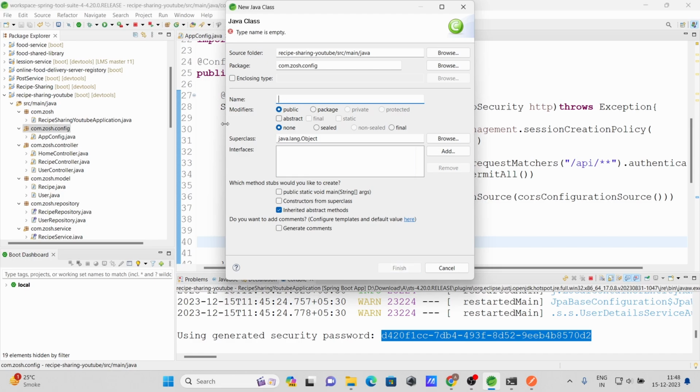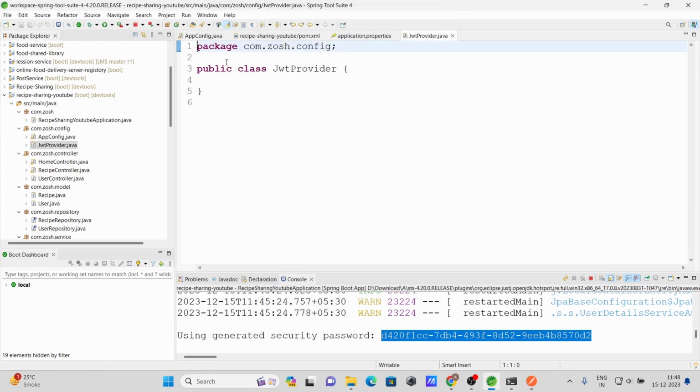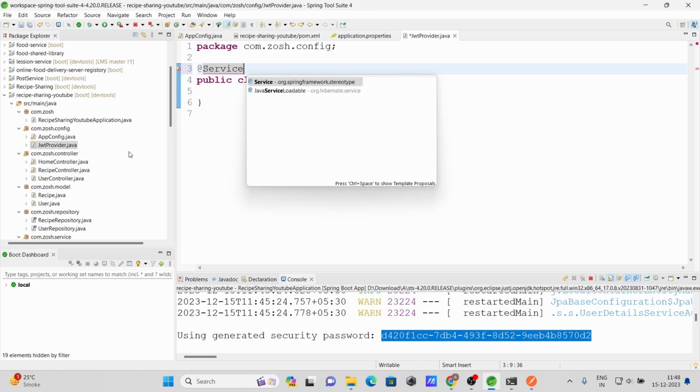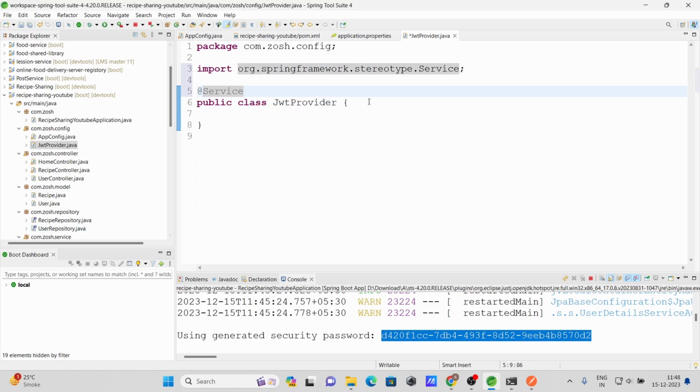Inside the JWT provider we'll write the logic for creating the JWT, and let me make it a service first. Let's import it,